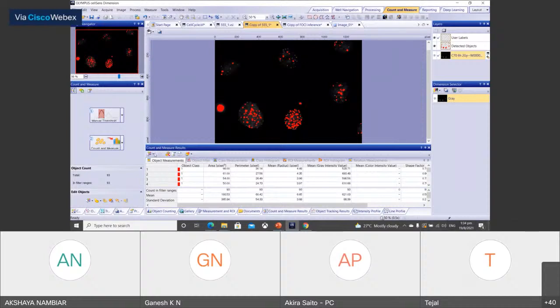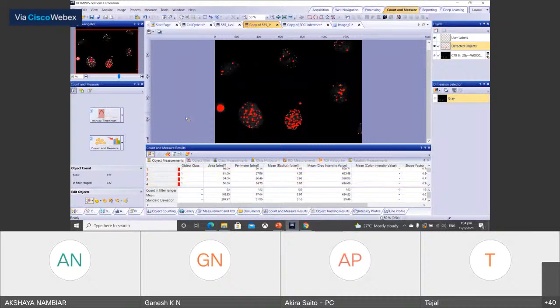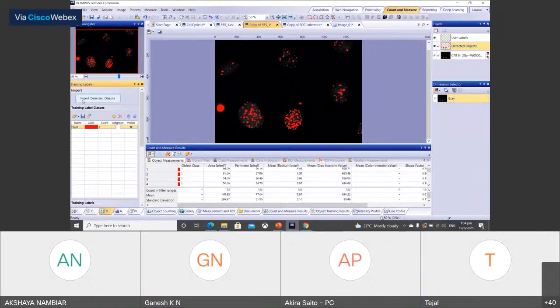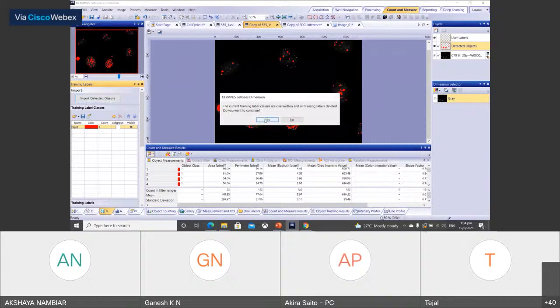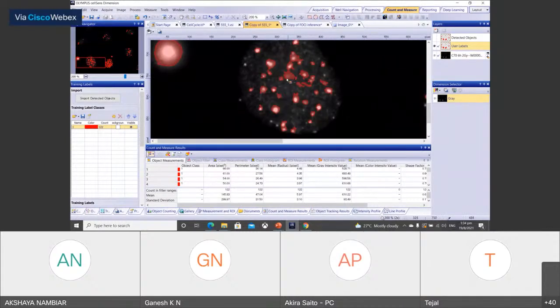Give the count measure, select, then go back to the training. There is a function called import detected object. Then you can see that these spots are labeled